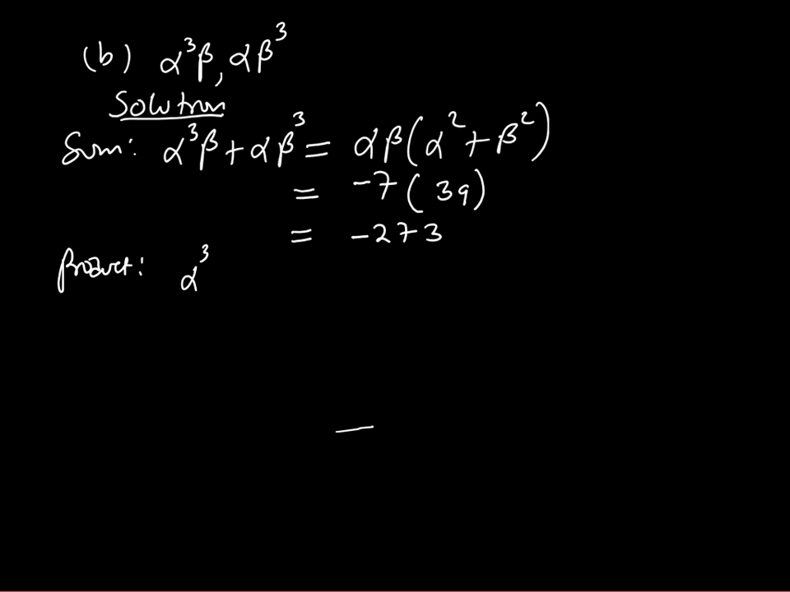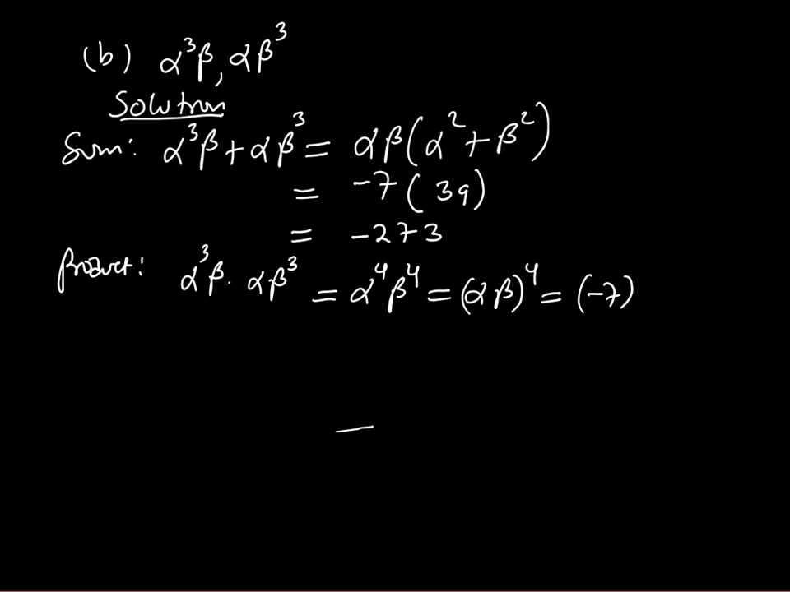Get alpha cubed beta and multiply by alpha beta cubed. This is alpha to the 4, then beta to the 4. And we can write this as alpha beta to the power 4. So what's this? Alpha beta is minus 7. If you power it 4, it will give us 2401. So the required equation